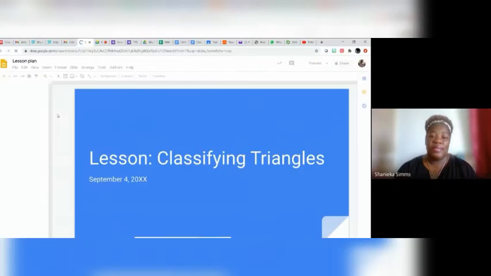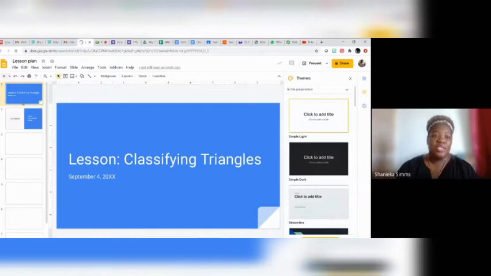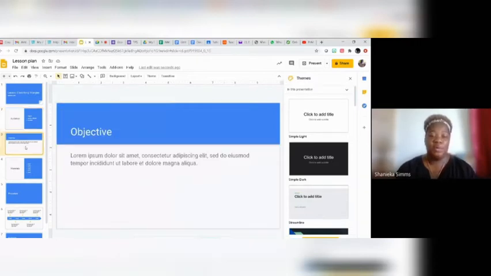So there's a lesson plan template, and it starts by showing you the name of the lesson and the date. To your left here, you'll see different slides that can tell you other things that can go into your lesson plan when you're preparing your lesson plan here. So you can have the grade, you can have the curriculum being used, number of students in class. You can also have the objectives here, but it's not prescriptive because you can always add slides if you wish